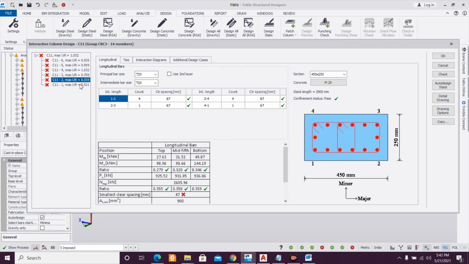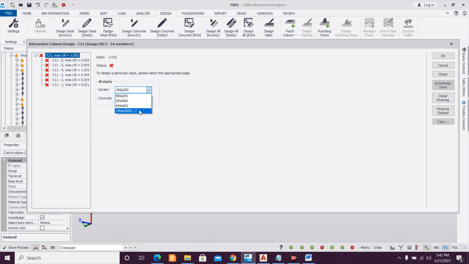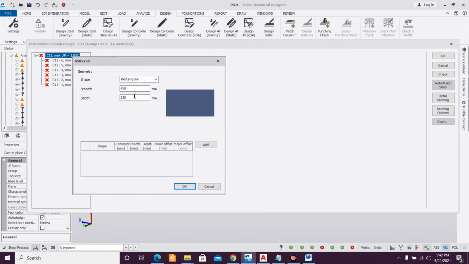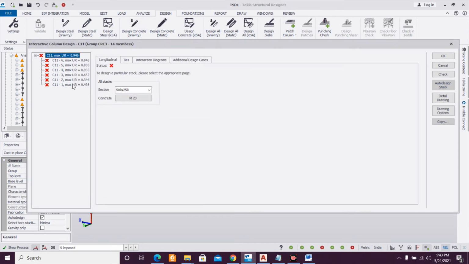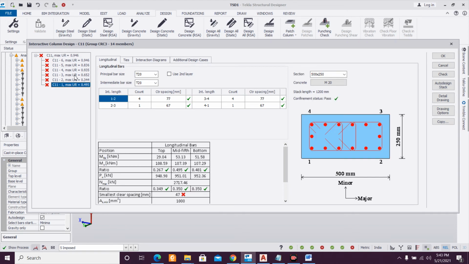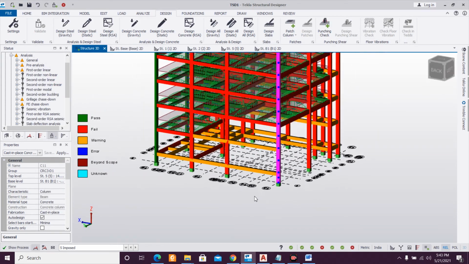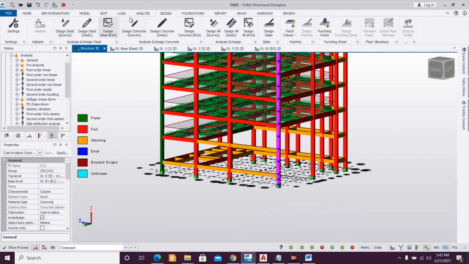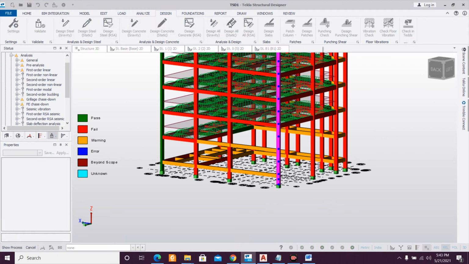If I can make this one or two safe, the remaining ones will be safe. I think I'll change the size to 500 into 250. Let's see if this makes any difference. One, two, three, four, five, six, 12. Okay, let's redesign the structure. We have redefined the beams also. Design all static.